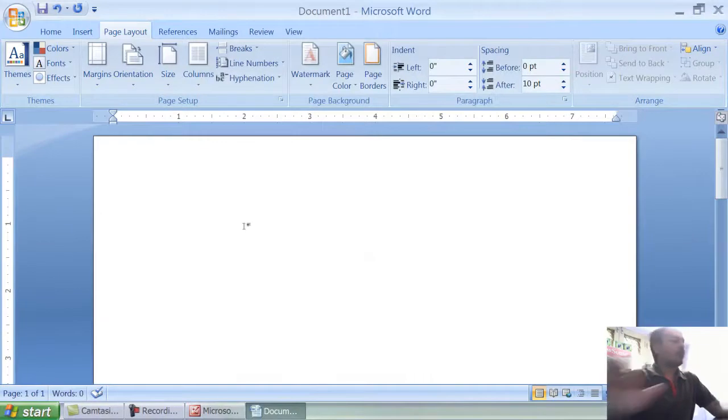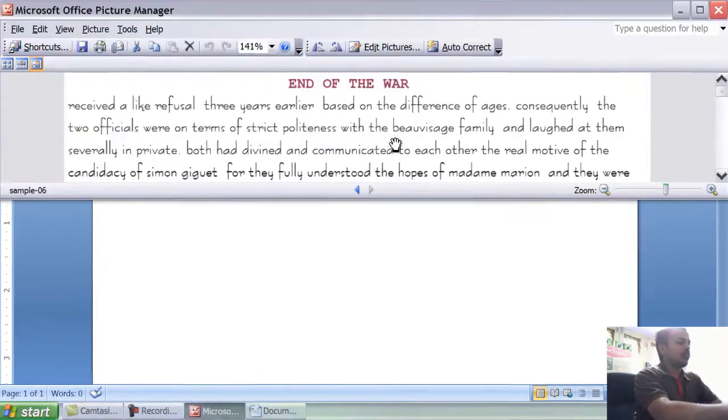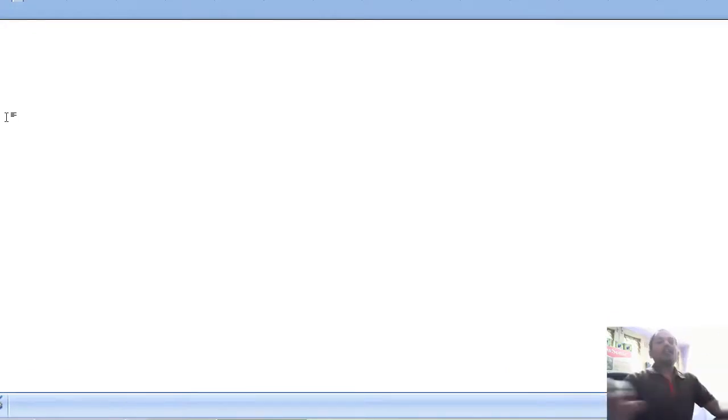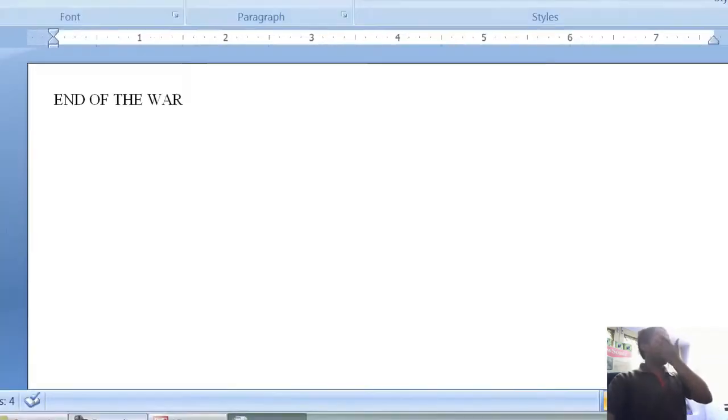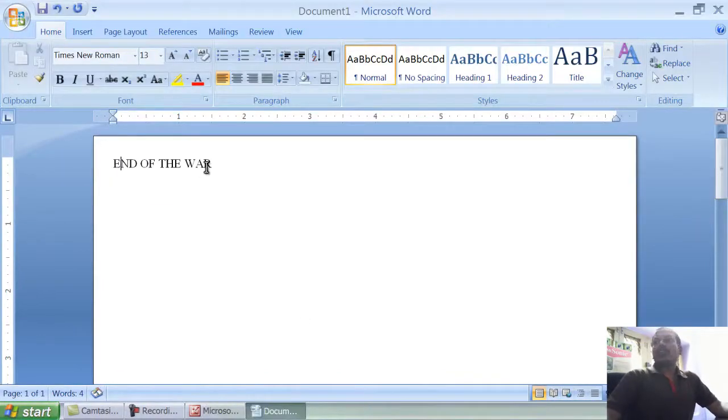Now type the heading. End of the war. I am typing the data. End of the war. Right now I have to move it forward a little bit. I have to arrange it. So how to do that one? Tab. Yes. This is center. Center option. Okay.